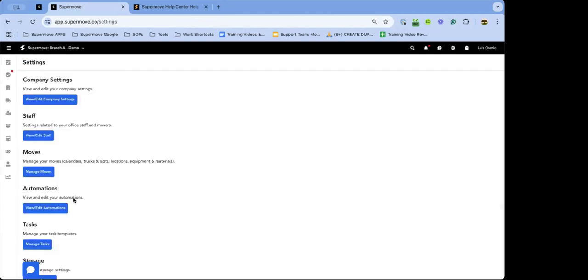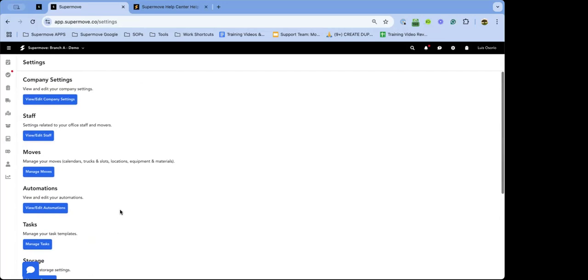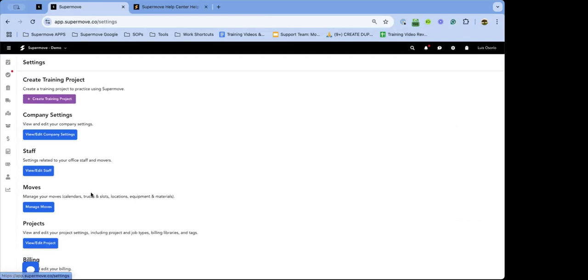Oh, sorry, not communication. Apologies. Documents. Okay. So it's not showing up on here. So this is actually a good learning experience. Our demo account, it's a branch setup, right? And with branch setups, the way we have it, essentially the main branch is one that controls anything regarding documents, tags, etc. So for me to be able to actually achieve the document flow on this account, I have to move over to our main account